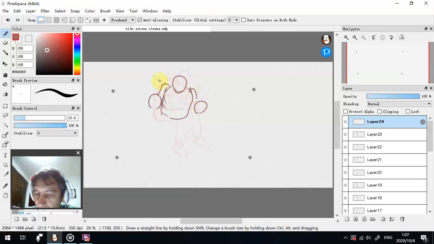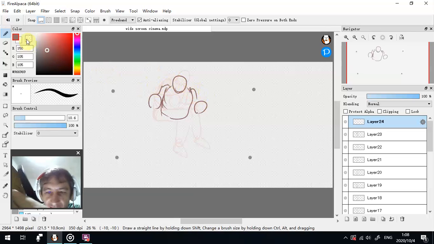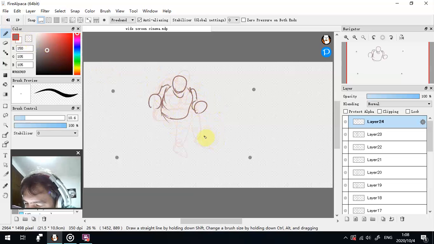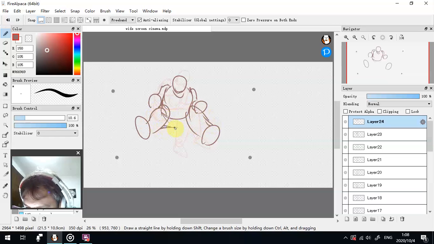Hold on, so the guy's going to basically spin. You'll get the basic idea when you see him moving, like the master. This is one of my hardest angles to draw, so